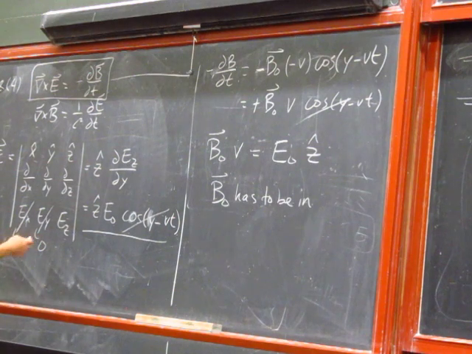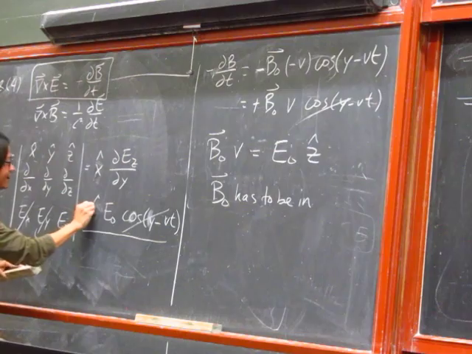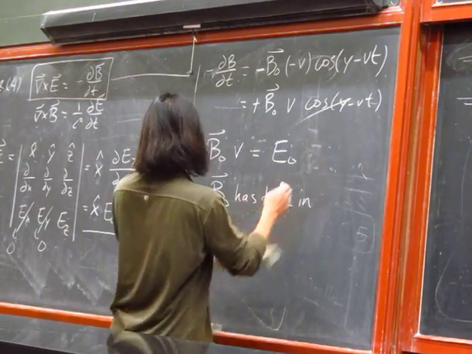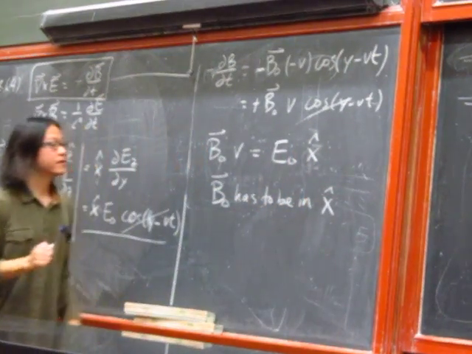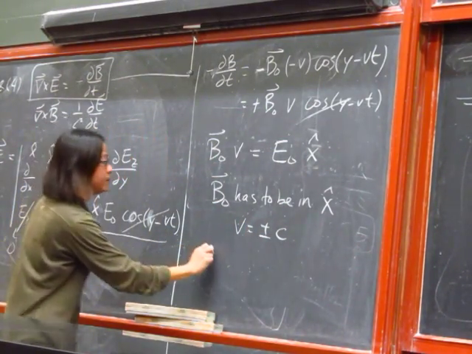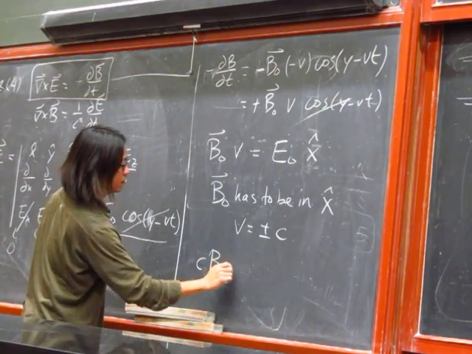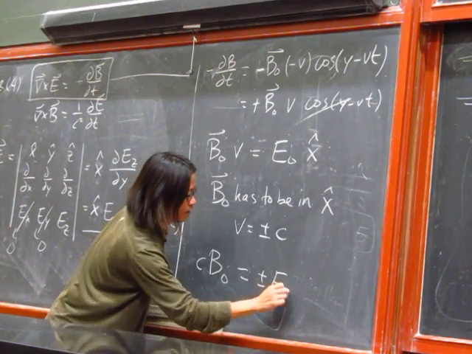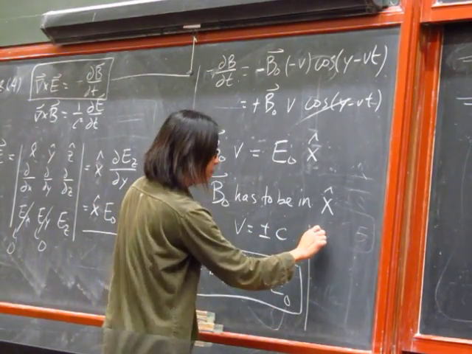This is an x. So B naught has to be in the x direction. And in particular, since v is equal to plus or minus c, then c B naught has to be equal to plus or minus E naught. Okay. So just to spell it out, if the wave is traveling